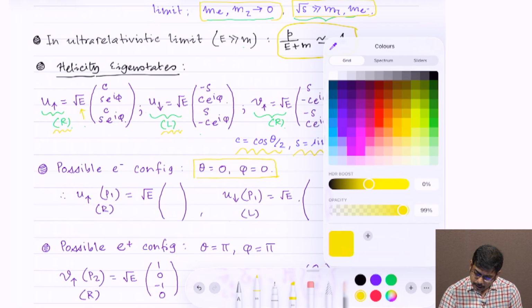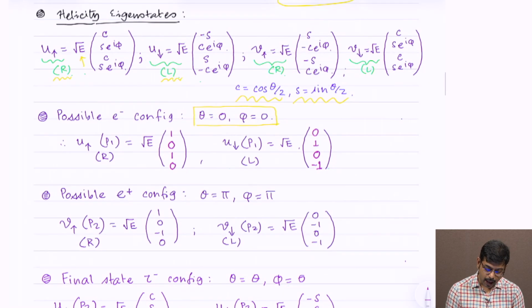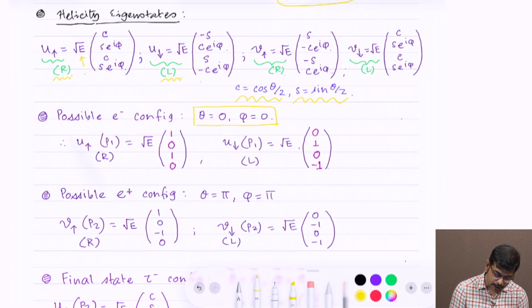If you evaluate this quantity from the expressions that we already have, cos theta at 0 is equal to 1, sin theta at 0 is 0, cos theta at theta equal to 0 is once again 1, and this is once again 0. What happens to u down? Sin theta at 0 is 0, this is cos theta, which is 1, e to the power i phi is once again 1, this is 0, and this is minus cos 0, which is 1. So this is what happens to u up and u down